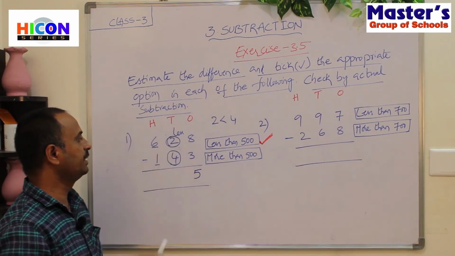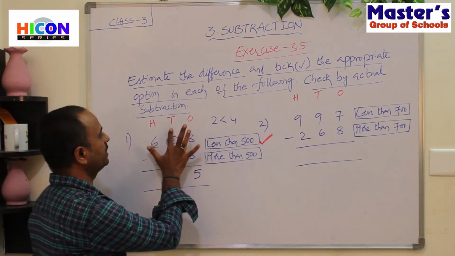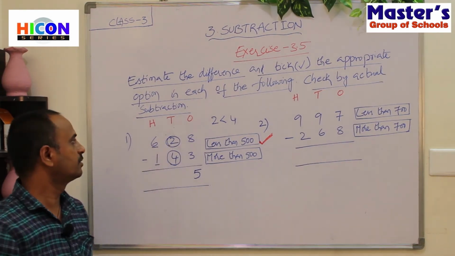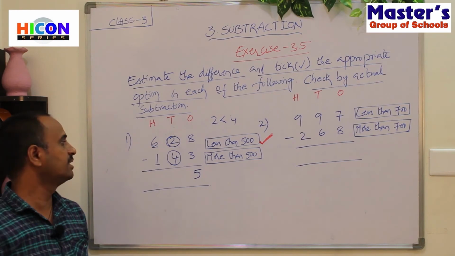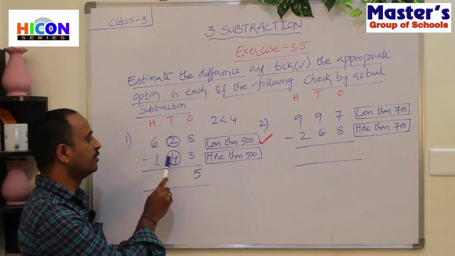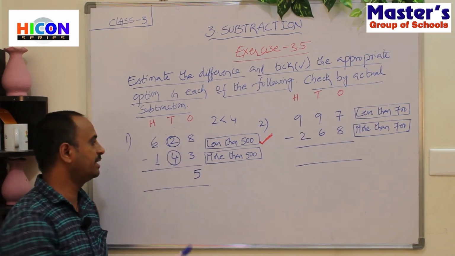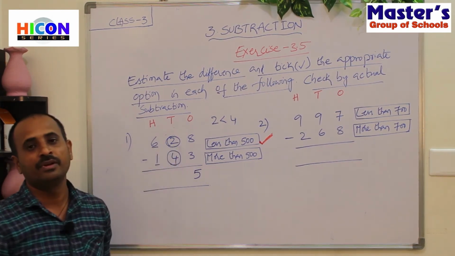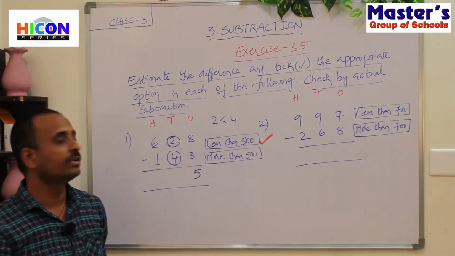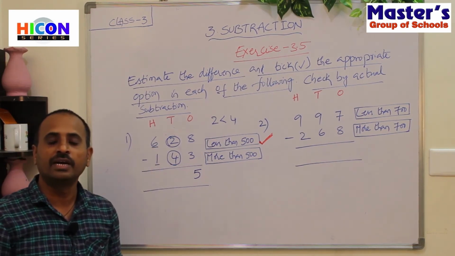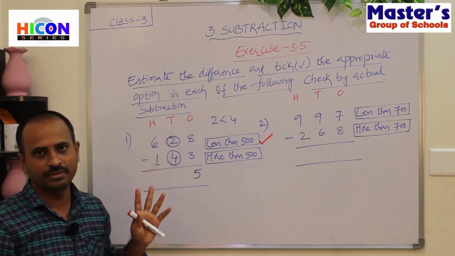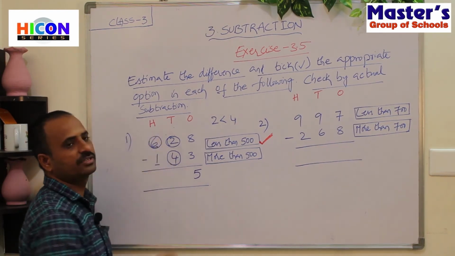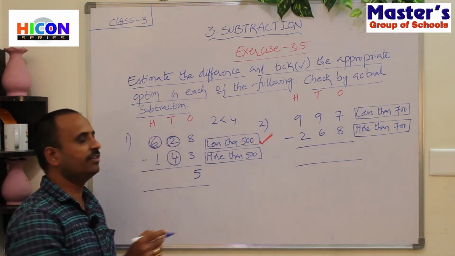Now go to the tens place. What are the digits under the tens place? 2 and 4 are present in the tens place. Here 2 is the smaller number, 4 is the greater number. We cannot subtract 4 from 2 because we cannot subtract a greater number from a smaller number. Then what do we have to do? We have to go to the next place. That means we have to borrow from the next place. What is the next place? Hundreds place. How many hundreds are there? 6 hundreds are there. So borrow 100 from 600.